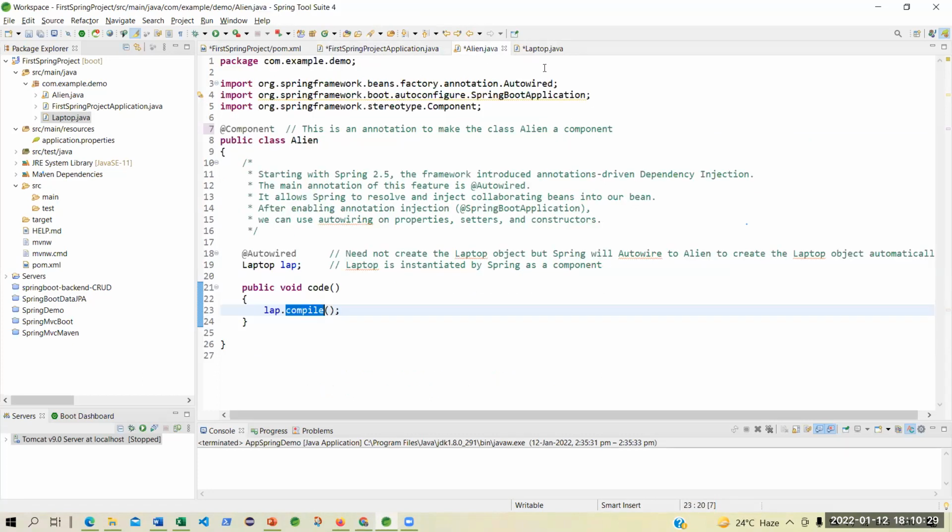Now, whenever you are defining this Alien as a component, where does it go? Does it go to the memory directly? No. The memory management and everything will be done by Spring Boot. So it will do what? Whenever this component has been created or you have defined it, it will just put that component into that Spring Boot container, and it will not load it into the memory unless it is called for. That is the beauty.